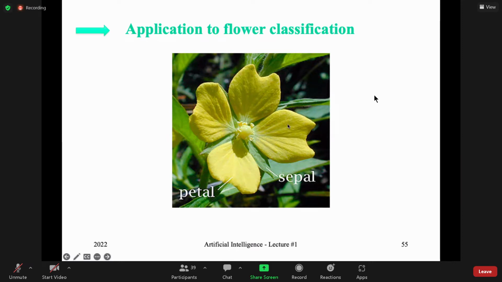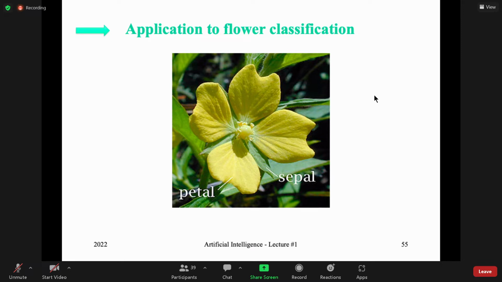We can say that it's a specific iris flower with a yellow color, and it's easy to do that. But now we can find different families of flowers with the yellow part. So to separate